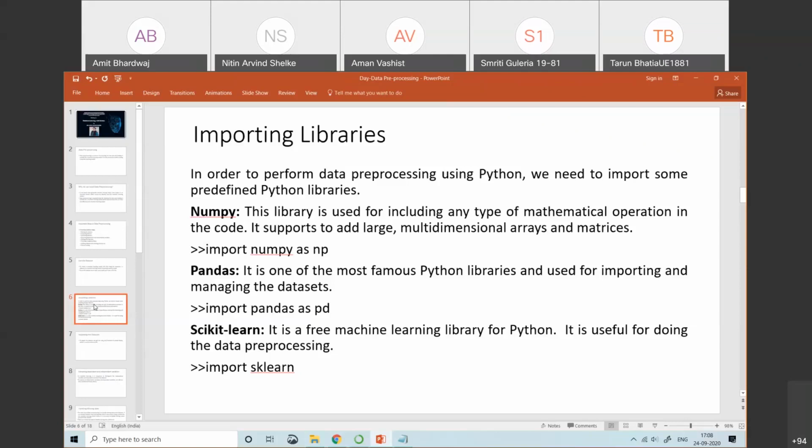Then you can say sklearn materials. So it is the heart of your ML library. Heart means everything, whichever is the model. Hello.